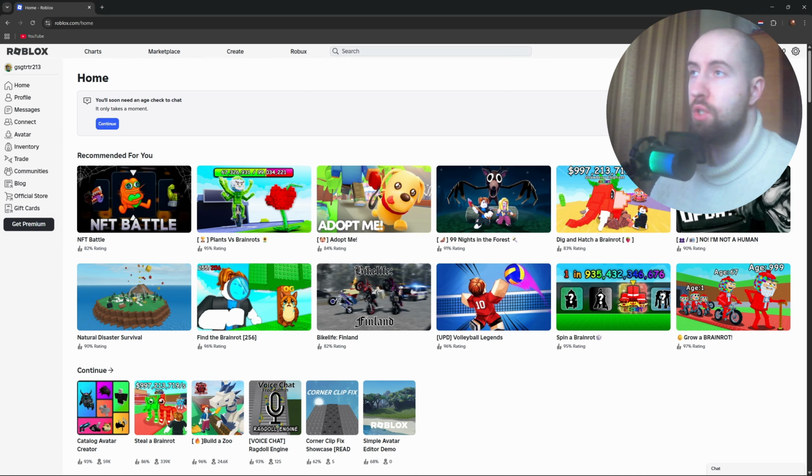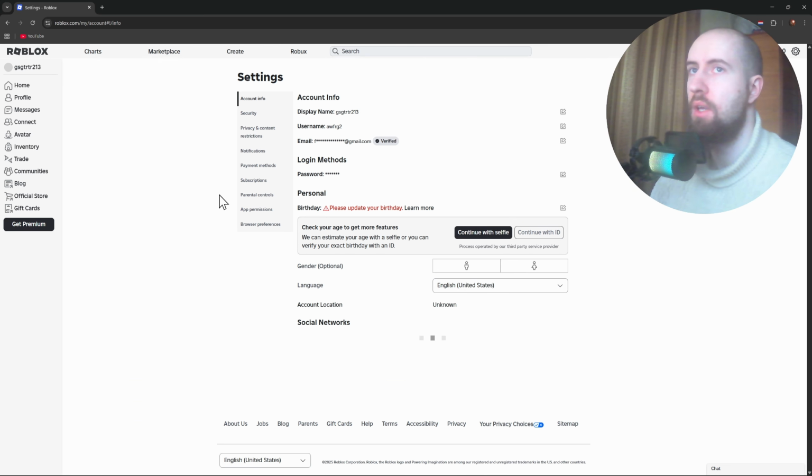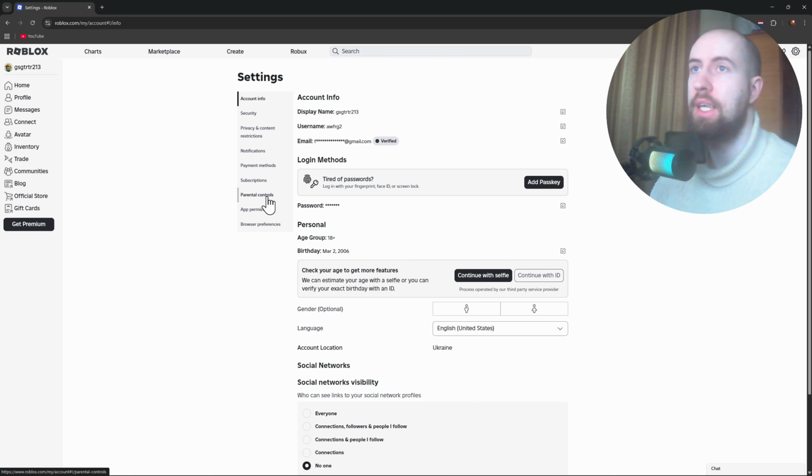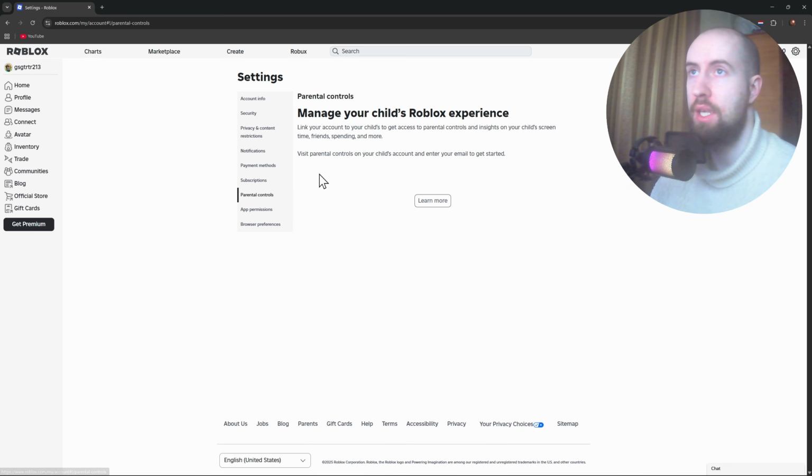So if you want to access the parental controls settings, you go to the gear icon right over here on the top right and settings. And as you can see, we have a dedicated parental controls tab in here where we can manage your child's Roblox experience. So in my case, the parental controls are not active, but if parental controls were enabled, Roblox requires a 4-digit